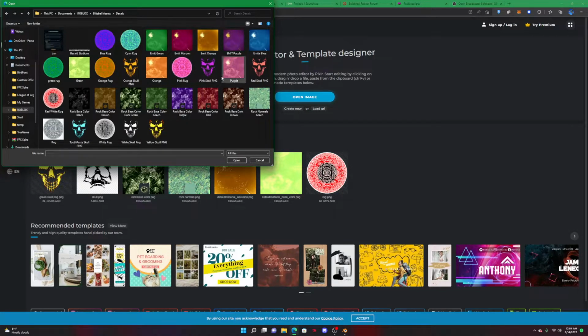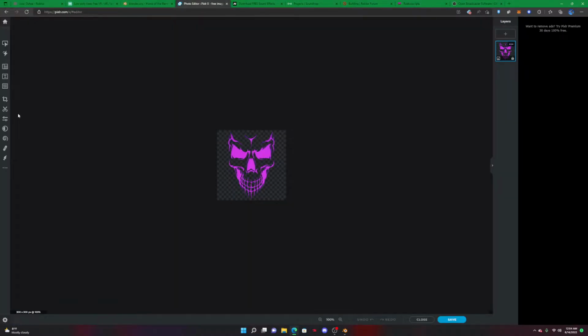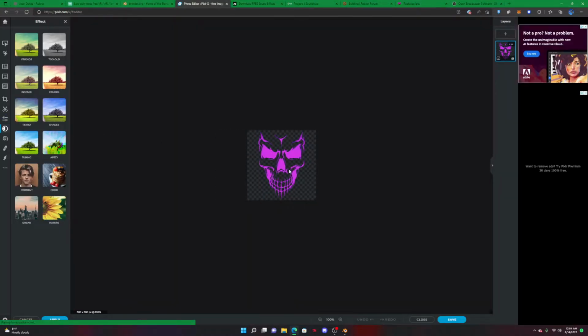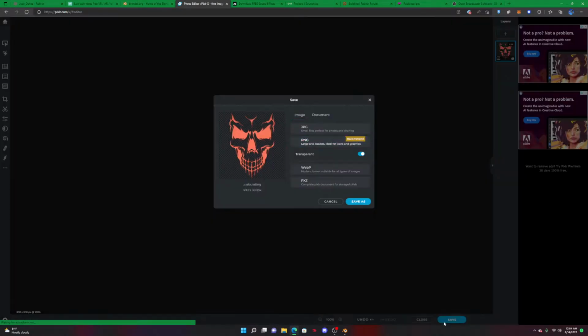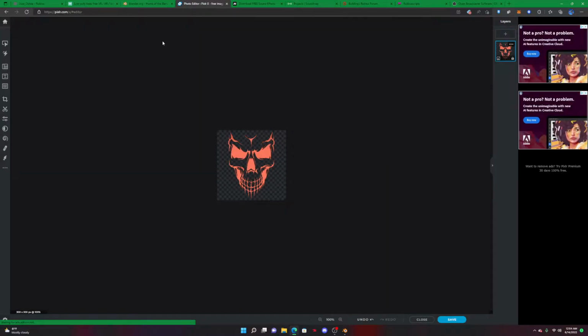All right. So let's say I have some sprites or something like my skulls here, right? And I don't want to go into paint, color, and everything. I could just render it real quick. Now it's red, and then I just save it. And I upload it back into Roblox. That's a really easy to use photo editor, image editor, and it's free. Pixlr. Now for my sounds, whenever I have sounds in Roblox,